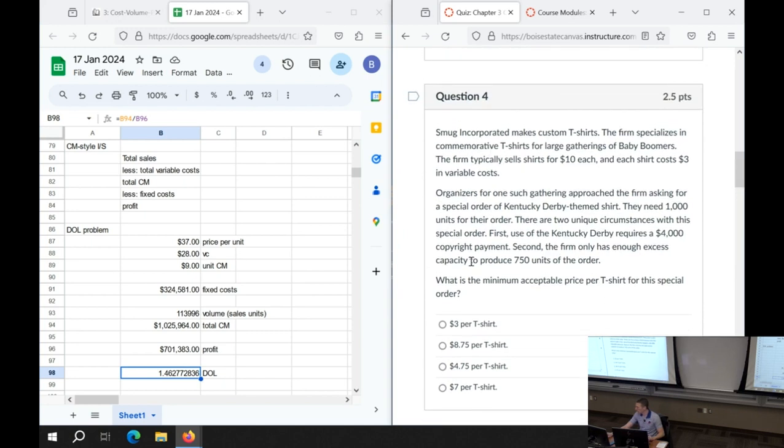All right, so Smug Incorporated, let's look at the question. Minimum acceptable order price for t-shirt for the special order. All right, two styles of problems for a special order. I will either ask you the ceiling or the floor, because there are a variety of different ways of setting, I'm sorry, I got into transfer price brain there for a second. Because we're trying to negotiate with the special customer where exactly the price for the special order will be. This is how we got into this problem.